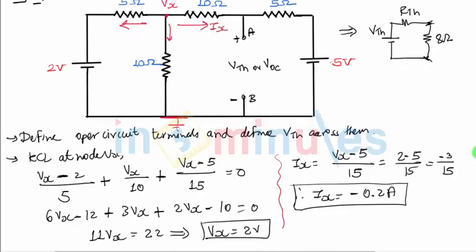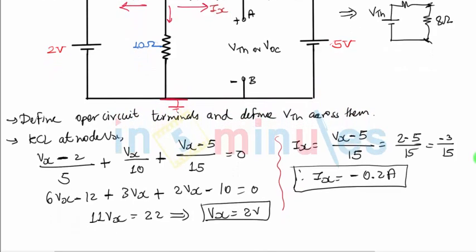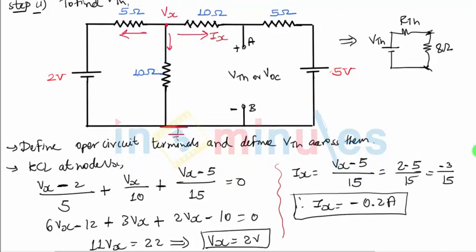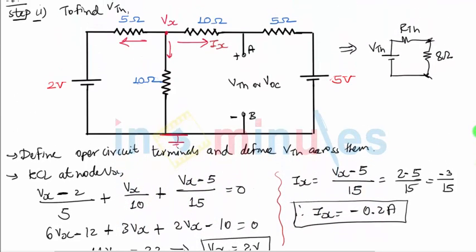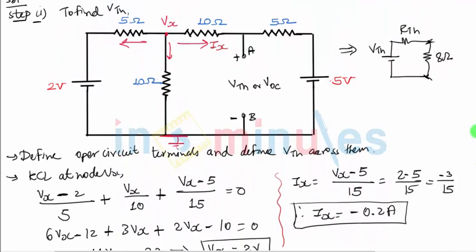Now you must be wondering why we have found Ix whereas our main aim is to find VTH. That's simply because now if you see, when I find out the value of VTH, let us see what is going to be VTH. To find any voltage, you will have to always travel from its negative polarity to its positive polarity, and when you travel from negative to positive polarity, you'll have to go on collecting all the voltages